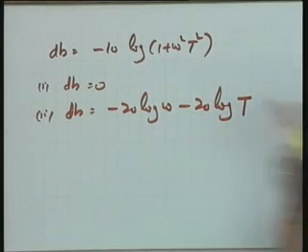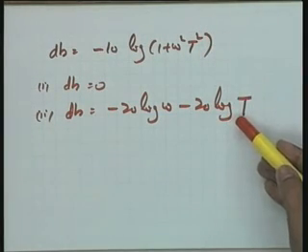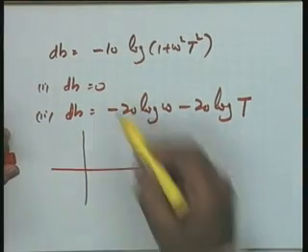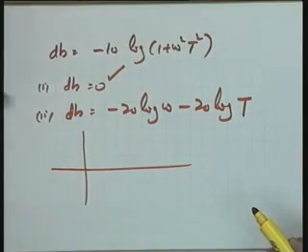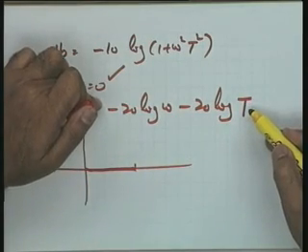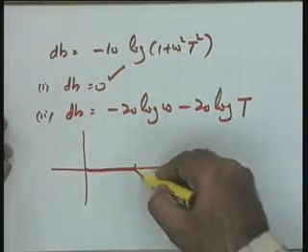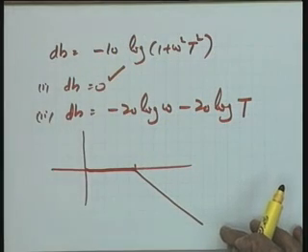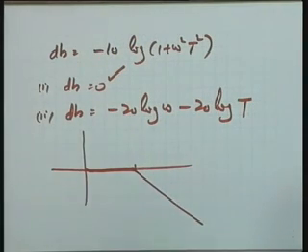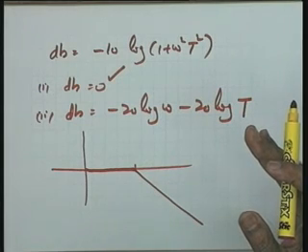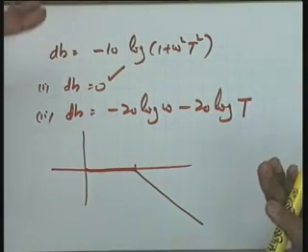What I have to do is calculate the error between the actual point and this curve. Please note that if the approximation is valid up to omega is equal to 1 over t, you have this line, and in the other case, if the approximation is valid up to omega is equal to 1 over t, you have this line. So, these two independently are accurate plots provided the approximations are valid. Now, yes, what do you mean by valid? Because actually at omega t is equal to 1, it should be minus 3 dB. Yes. Now, since they are not valid, I have to calculate the error.